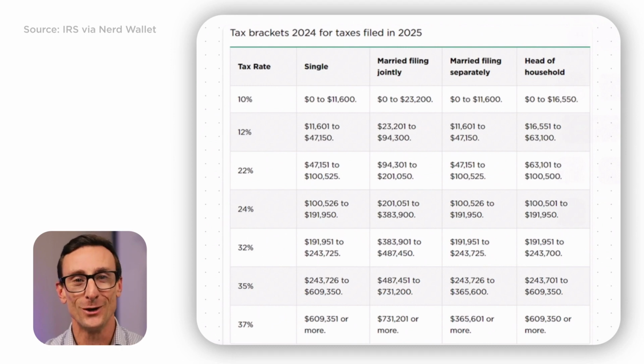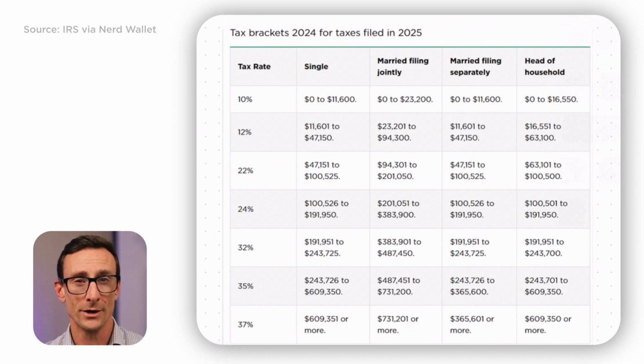Again, it's crucial you know this, because if you don't, you won't know how to take advantage of the 0% capital gains rate. Ordinary income tax rates are what we're most familiar with. When we say I'm in the 22% tax bracket or 37% tax bracket, being in a specific tax bracket means the highest dollar of income you earned is taxed at that specific percentage. But this is a progressive tax schedule. This means each dollar of income from such things as salary or IRA distributions are taxed progressively at these rates.